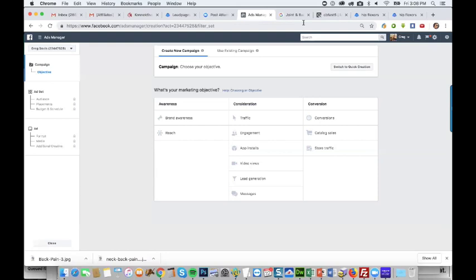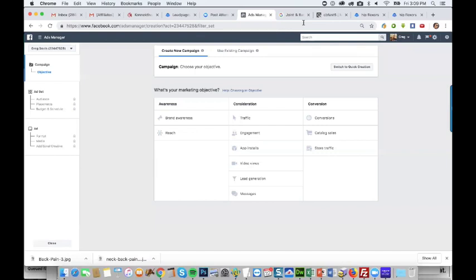Because of that, to me, a lot of times that'll eliminate the need for targeting. Say, for instance, we could find a whole bunch of interests. I don't know, they might have one for back pain, or I know they have one for pain relief. You could add those interests in, but think about it. Stuff like back pain, joint pain, that affects a lot of people. So it's better to just go broad and then let the Facebook pixel do all the work for you to find the sales. All right, so it's going to be pretty crucial that we use that pixel.